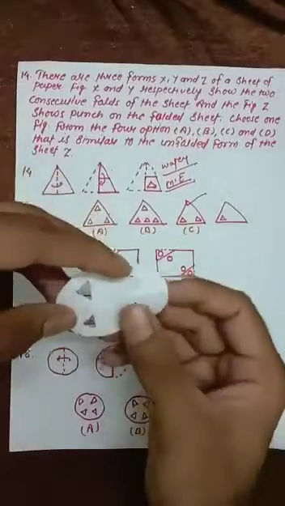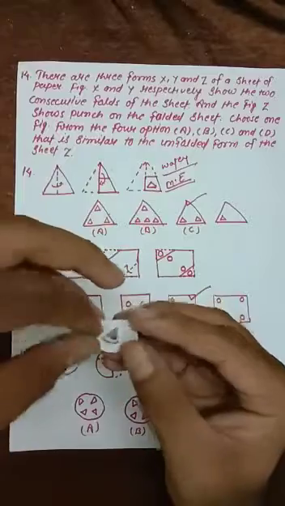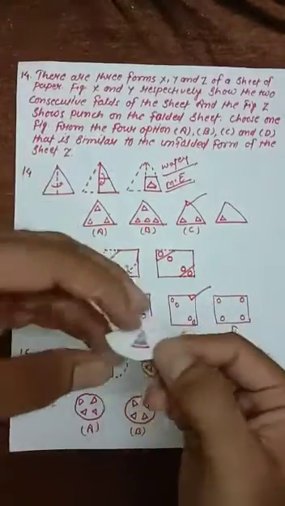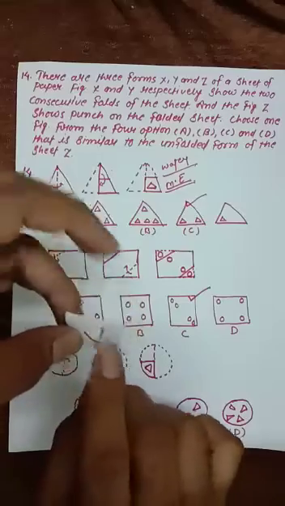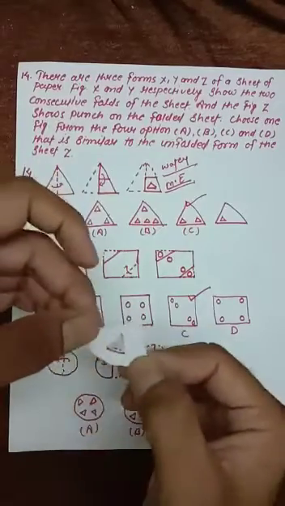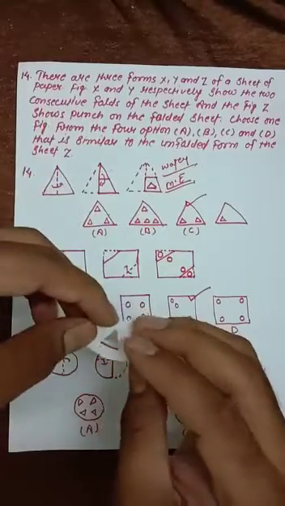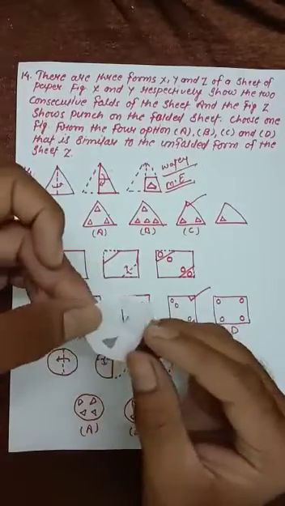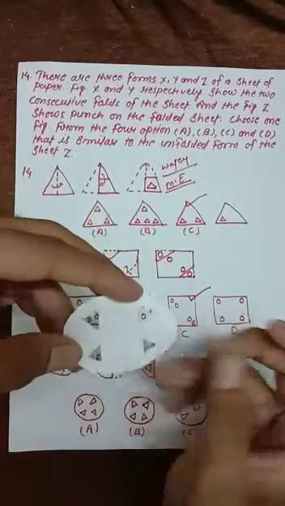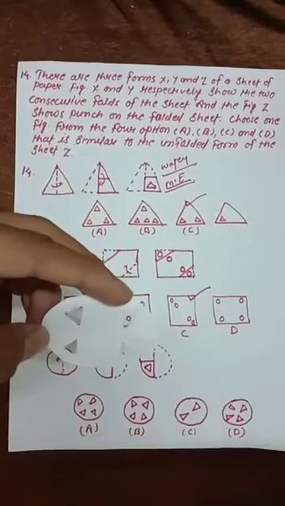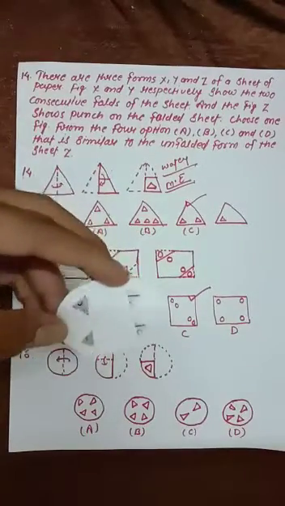Now first fold from the middle of the part. I have folded from the half of the circle. I have already folded, and mark the triangle in the middle of that quarter circle. That means if you mark the triangle in the middle, and if you unfold this circle, what kind of figure will we get? We will get it like this. So easily we can say what our answer will be. Our answer will be B.